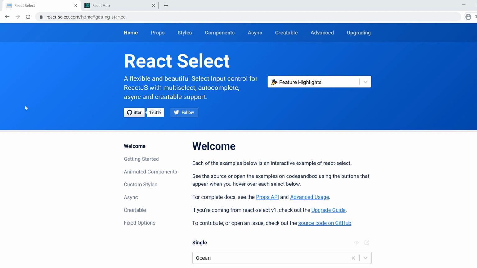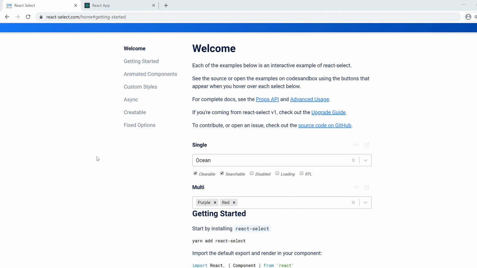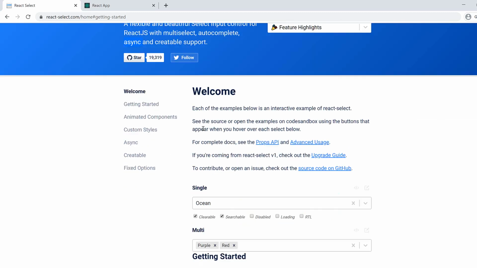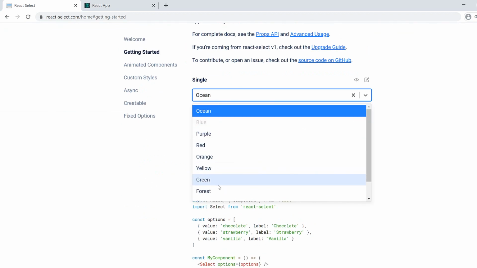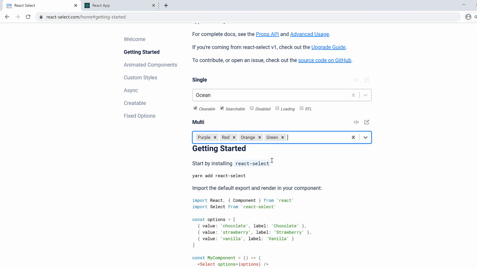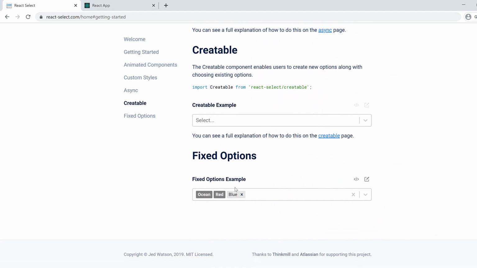In this episode, I want to introduce you to an awesome package for making select input controls for your forms in your React application. This package will let you have multi-select, autocomplete, or even asynchronous React inputs. You can see that it's a similar one, and we can have multi options, and there are too many states